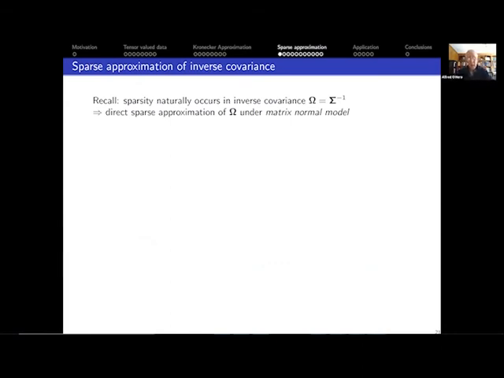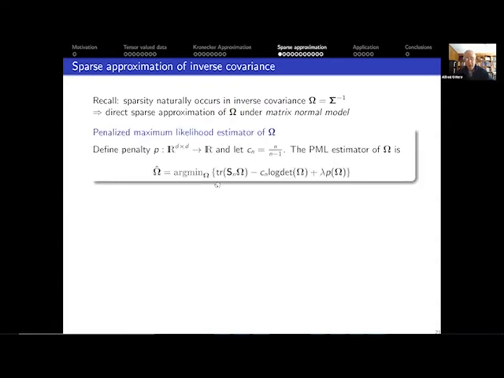All right, so the next thing we should ask, though, is if we want a sparse model, is it really the right thing to be looking at the covariance, approximating the covariance? Shouldn't we be approximating the object that we know must be sparse under this natural generative model obeying a PDE? And so, of course, that is the inverse covariance that's sparse, which we call omega.